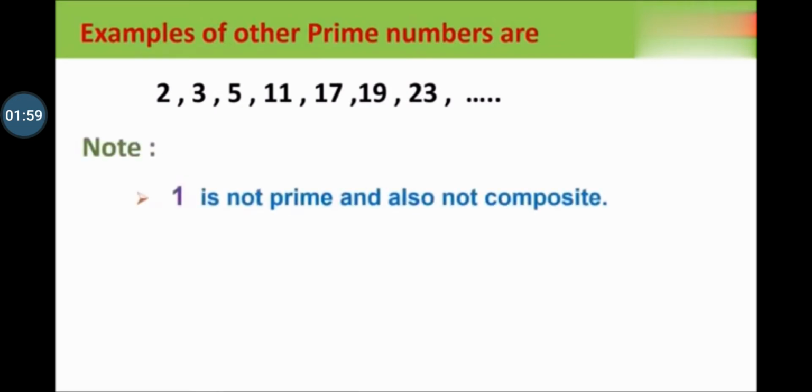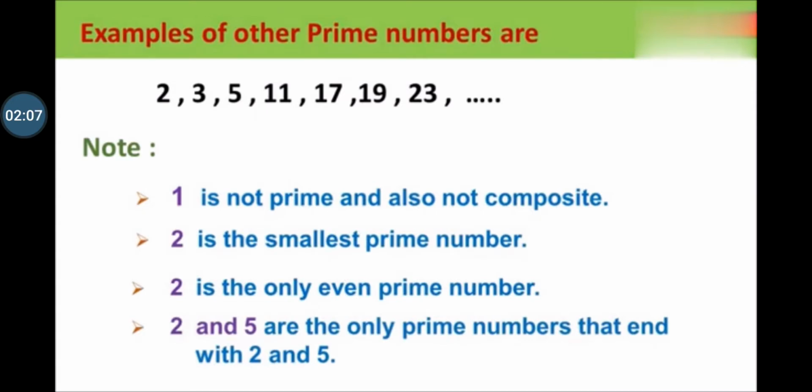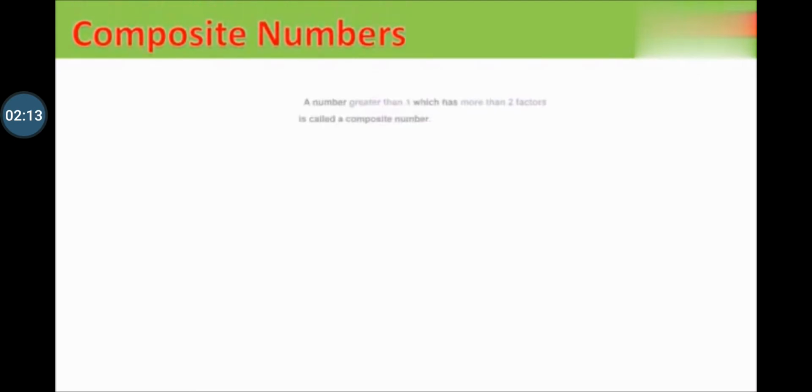My dear students, note down that 1 is not prime and not composite, and 2 is the smallest prime number. 2 is the only even prime number. 2 and 5 are the only prime numbers that end